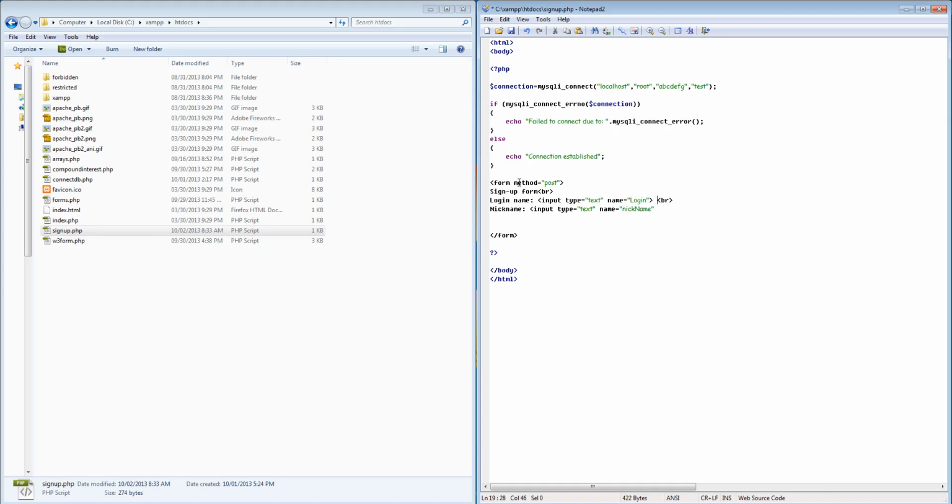Actually, I'm not going to make the L capital because that goes against the convention that I've set up for naming. And then I'm going to put in another break, and obviously I need a submit button. So I'm going to put in an input type equals submit,